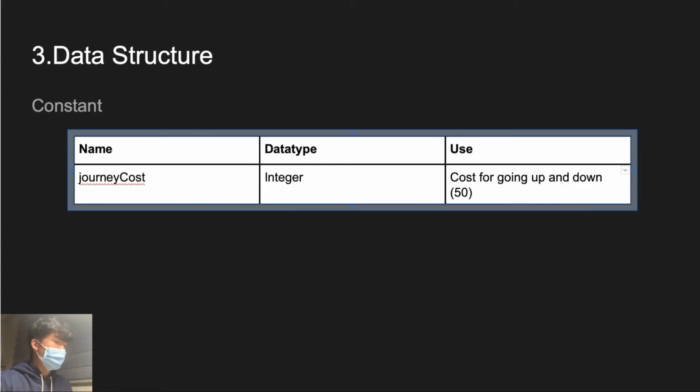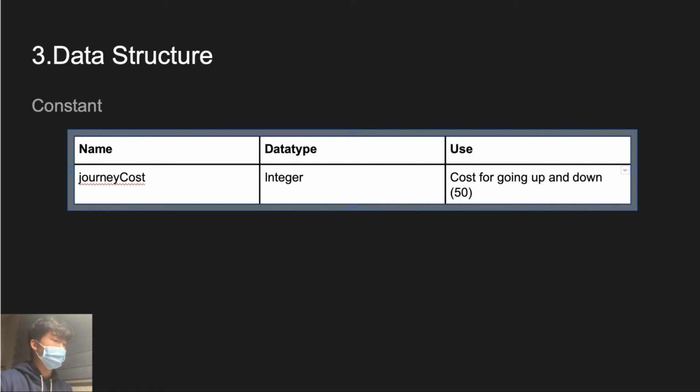And then we'll look at data structures. So task 2 is the longest task in the pre-release 2021. And constant, variable, and arrays are all equally used in this task. So starting with constant, a constant called journey cost is used, and the value for this journey cost will be 50. And the data type is integer, and its use will be the amount an individual has to pay when